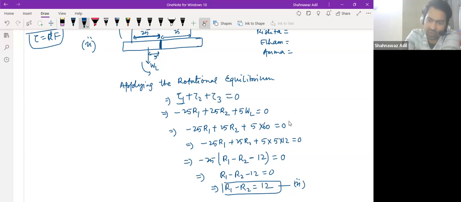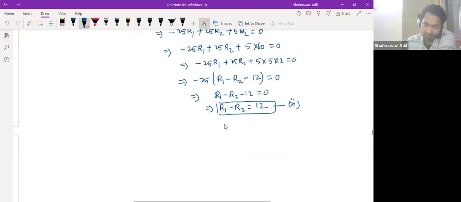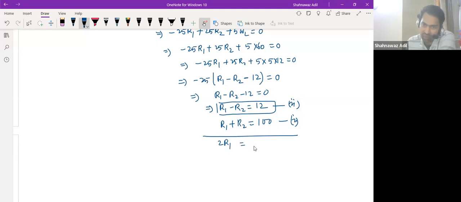So using the first equation, this was 100, I guess, right? We can add these two, or we can subtract also. Let us add these two. So this is 2R1, this is cancelled, and this is 112. So R1 is 112 by 2. So this is 56